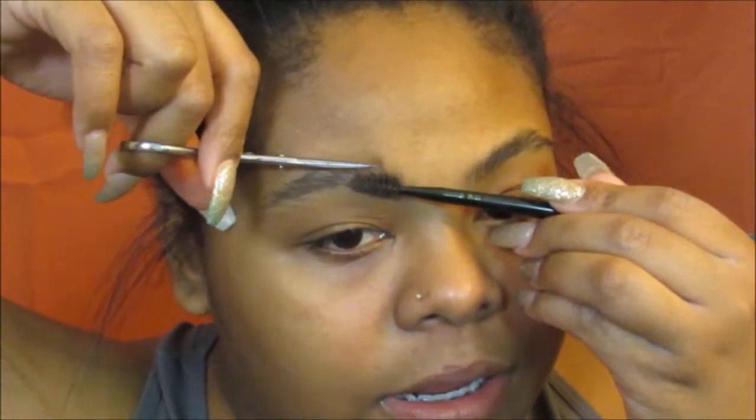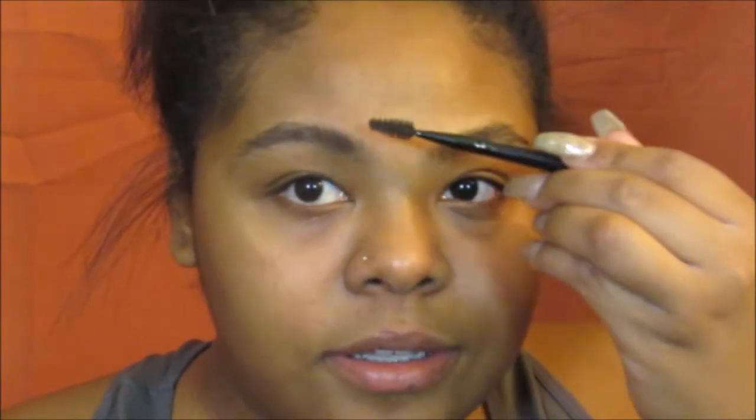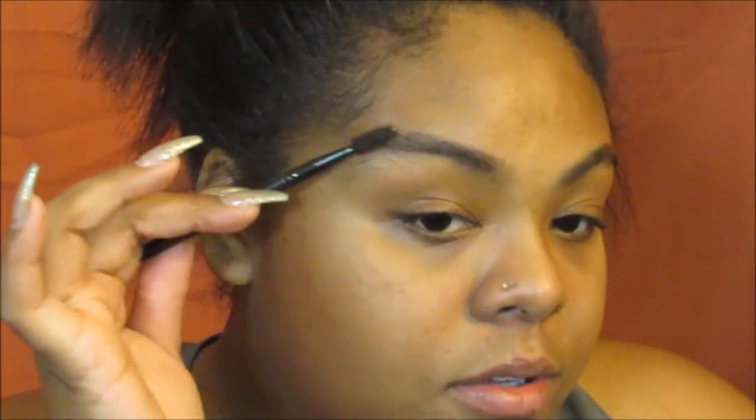And then I just go right over it and cut it, right? So now they're nice, however you want. And if you do cut them too short, you will be able to tell. I do that all the time because it's kind of difficult, but yeah. Then when it comes to the back, you want to brush it upwards so you can get these hairs, and then brush them downward so you can get those hairs. But I don't really mess around with it too much because I always mess up. But now that that is done,